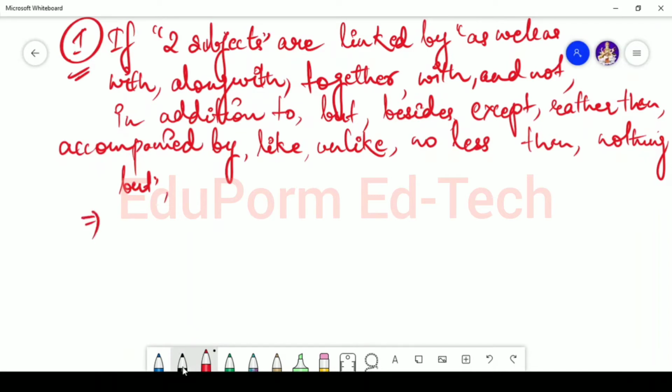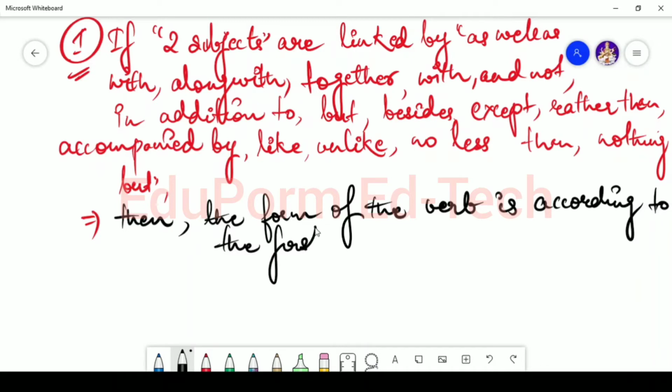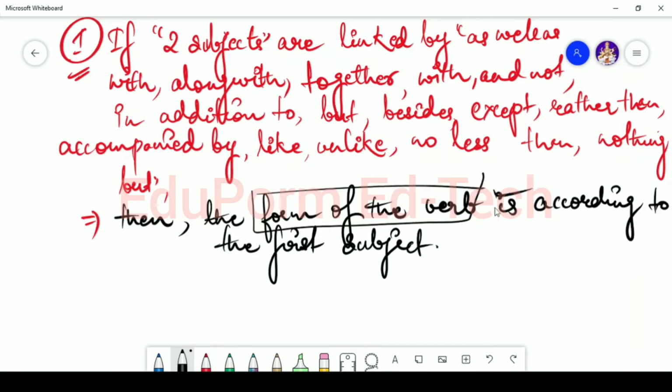then what happens? Then the form of the verb is according to the first subject. So you have to remember these things. Whenever you are talking about any sentence which has two subjects and those two subjects are linked with any of these mentioned words, in that case the form of the verb to be used should be according to the first subject. Let's say for example,